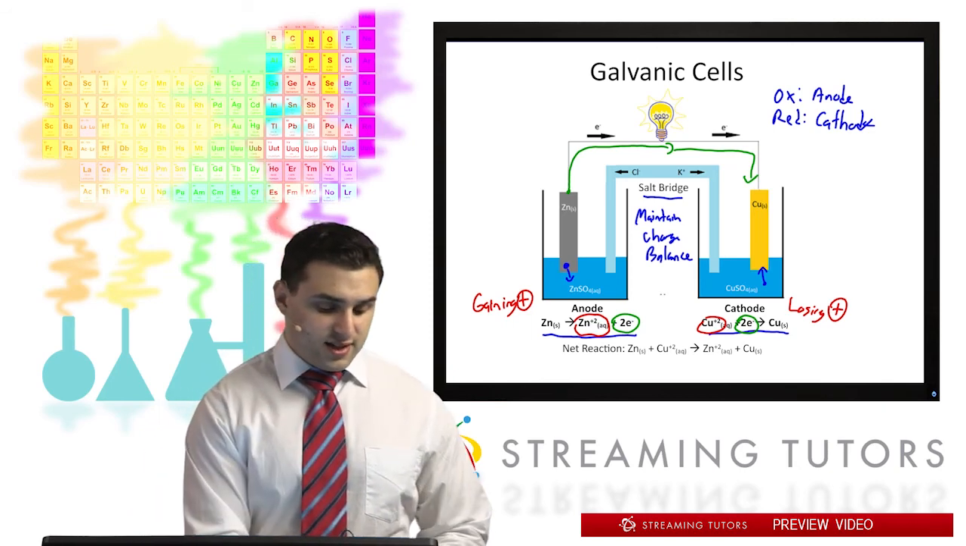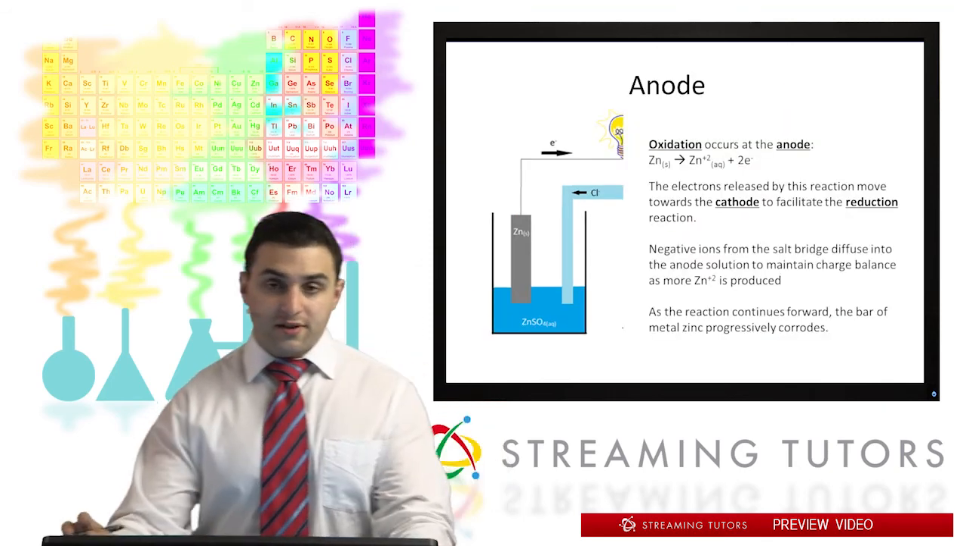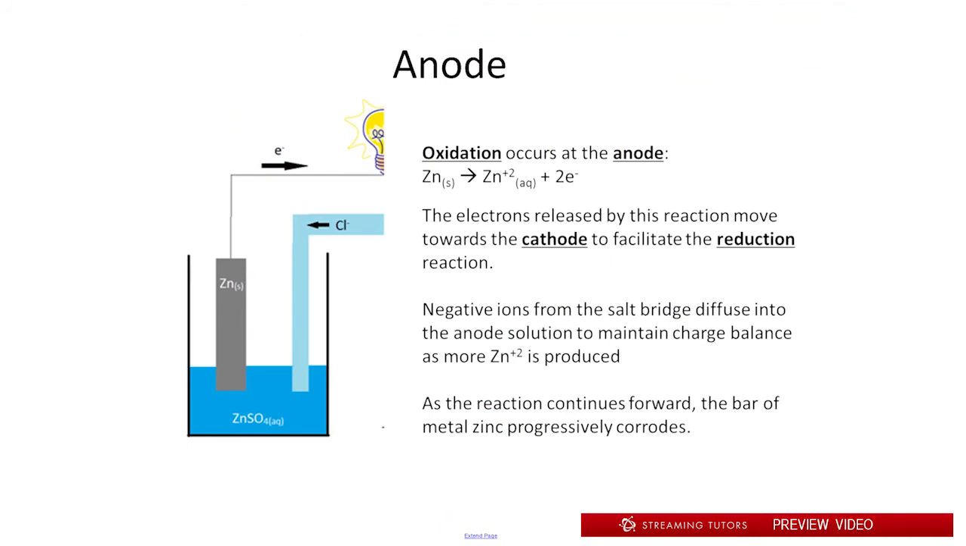So let's take an in detail look at the anode first. So as we said, oxidation is occurring on the left side of this galvanic cell, and that's the oxidation right there. We're bringing zinc metal into zinc ions. So what will happen then is that we see that these electrons then are released by this reaction, and they're going to travel to the other side in the cathode. We also said that the negative